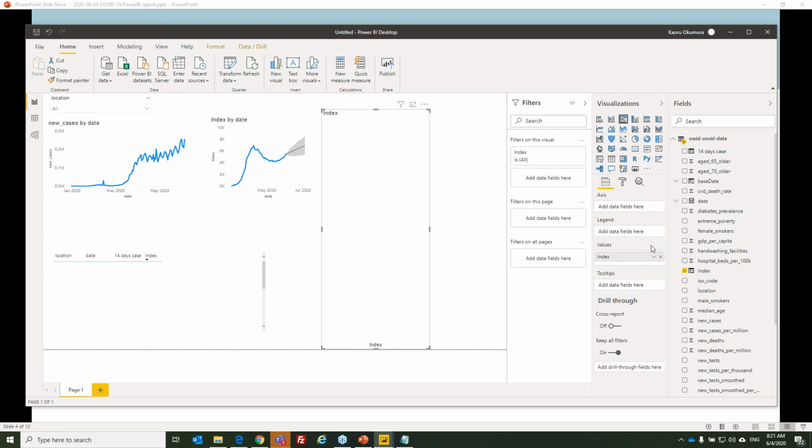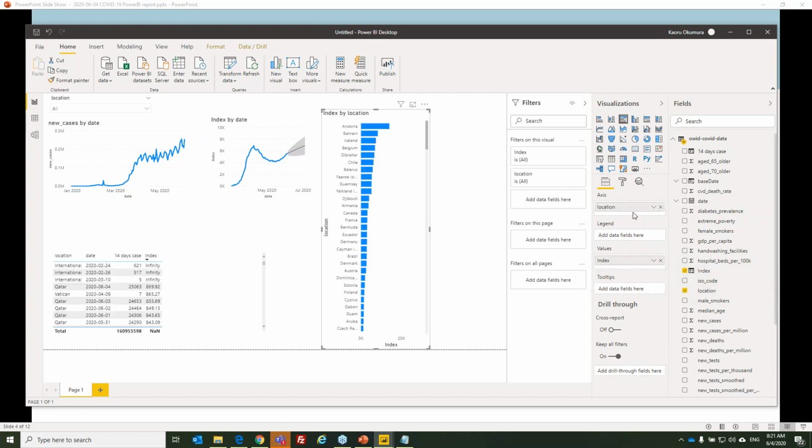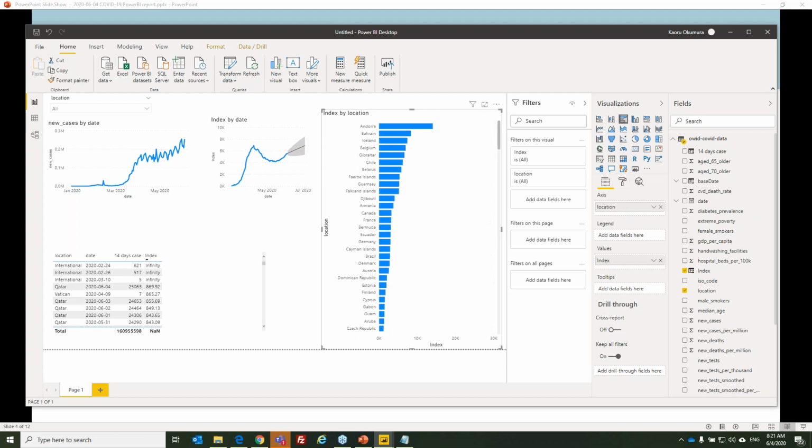Okay, here, index and location, reverse. Yeah, good. So this is a comparison of the index by country, but I need to make sure because now